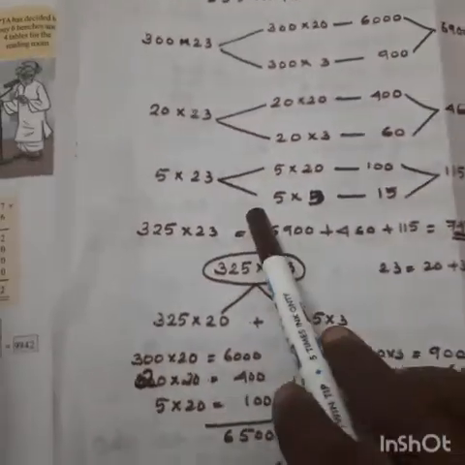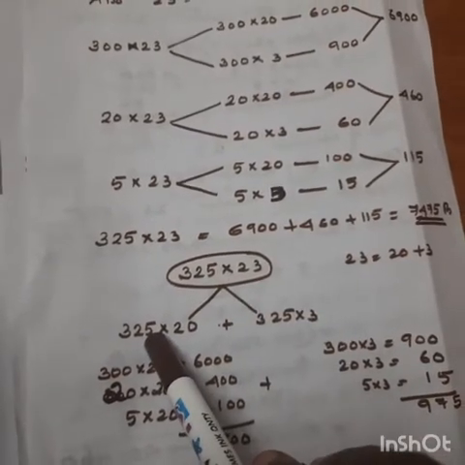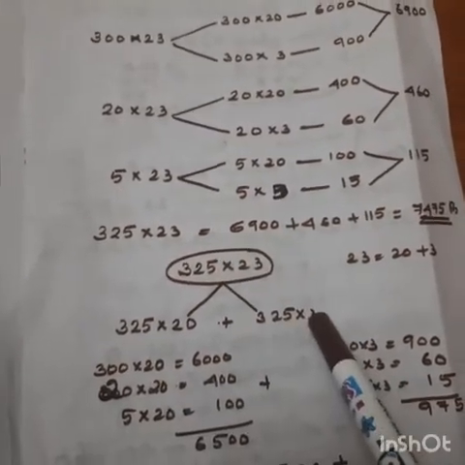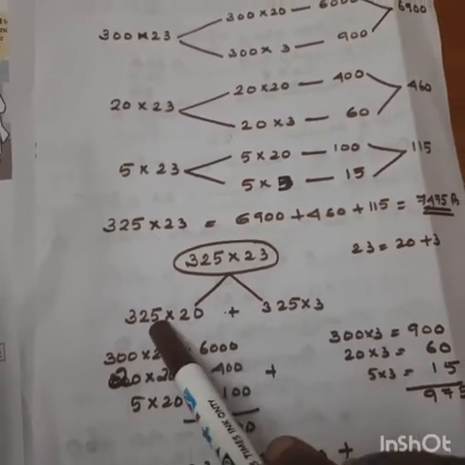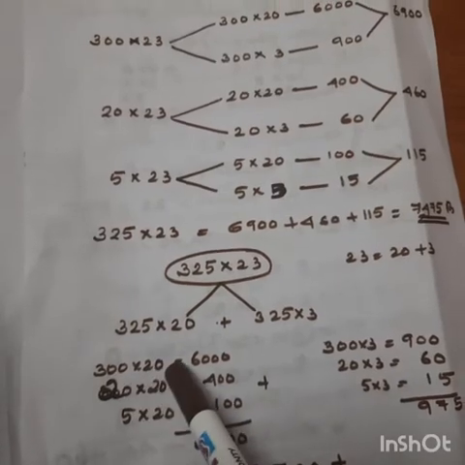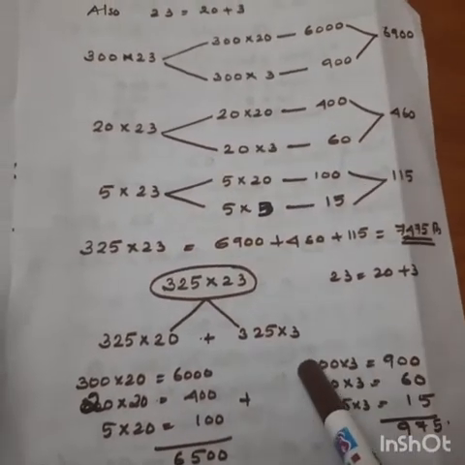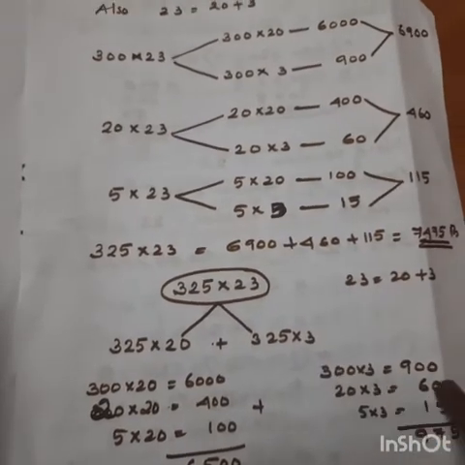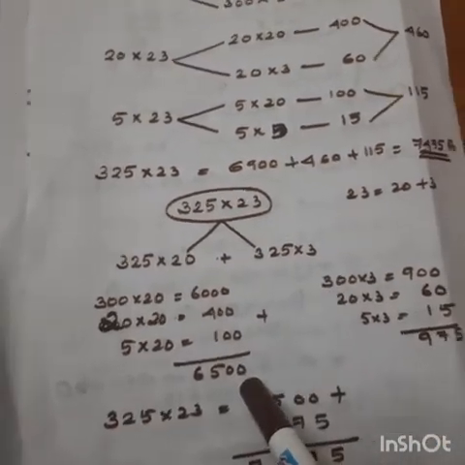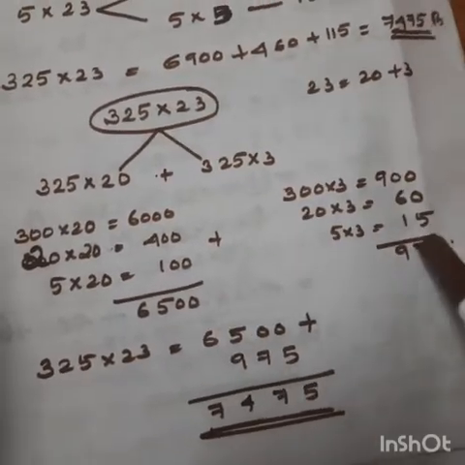Then the next method: 325 into 23 as 325 into 20 and 325 into 3. Here 325 is split as 300 into 20, 20 into 20, 5 into 20. Here 300 into 3, 20 into 3 and 5 into 3. Here 6500, here 975. Adding these two we get